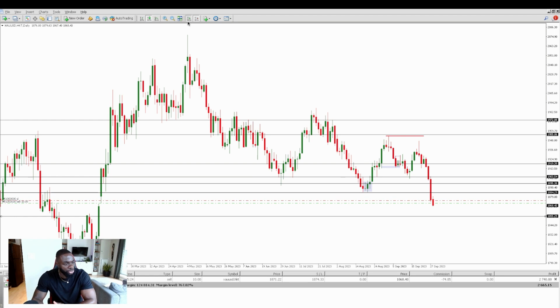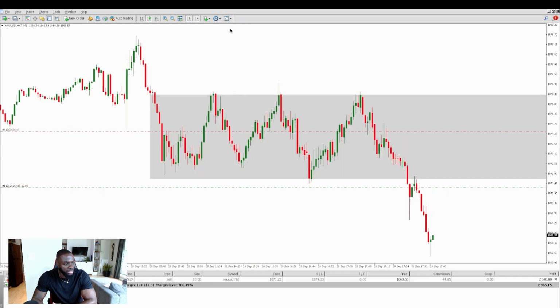So right now my trade was executed and I have a 30 pip stop loss. So if we go back to the 1 minute time frame, we can kind of see where we're currently at right now. So about 30 pips in terms of my stop loss. I executed my trade as price traded into the accumulation level, right? So I guess some of you can call this sniper entry,